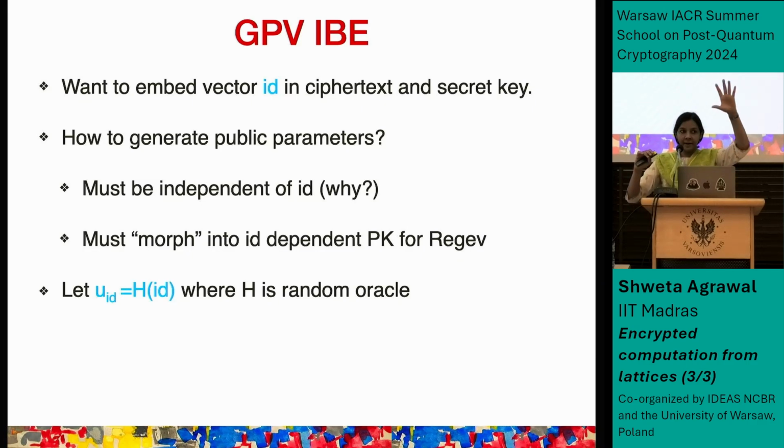Our setup is going to output this A, and we're going to let this vector U become ID dependent. So what is one very natural way to make the vector U ID dependent? I'll just choose U as hash of ID, where H here is a hash function,